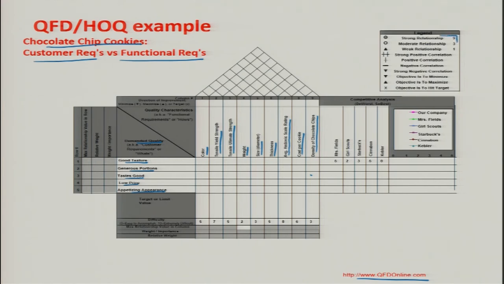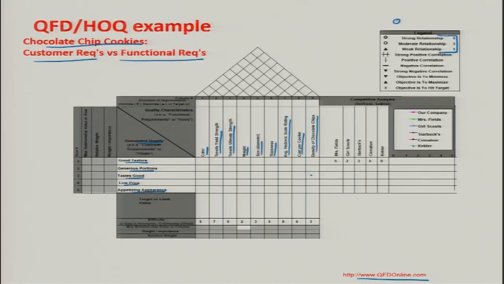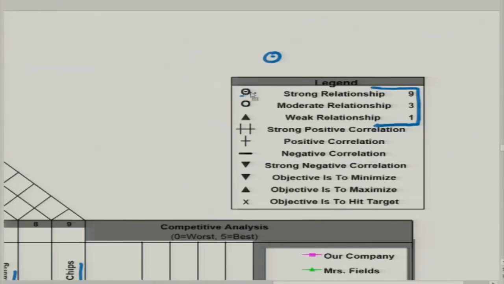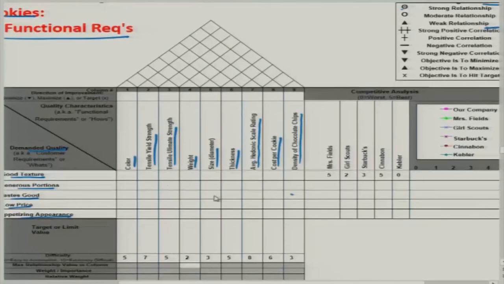If you remember, we gave the rating from 1 to 3 in case of the paired comparison method as minor, medium and major importance, difference in importance. So, in this case they have given this relationship. Strong relationship is here, strong relationship means 9, then moderate relationship is 3, weak relationship is 1. This is what we will put in the relationship matrix. Where is the relationship matrix? This is our relationship matrix, this matrix.